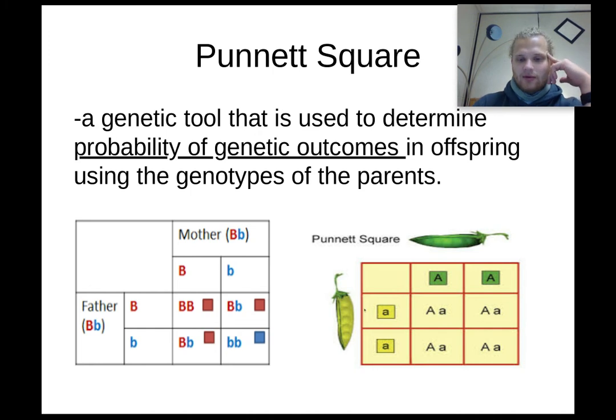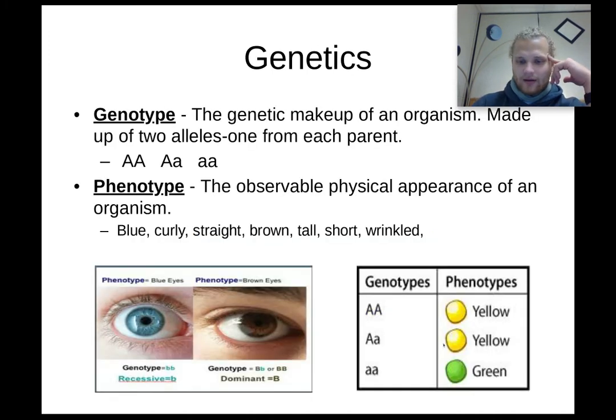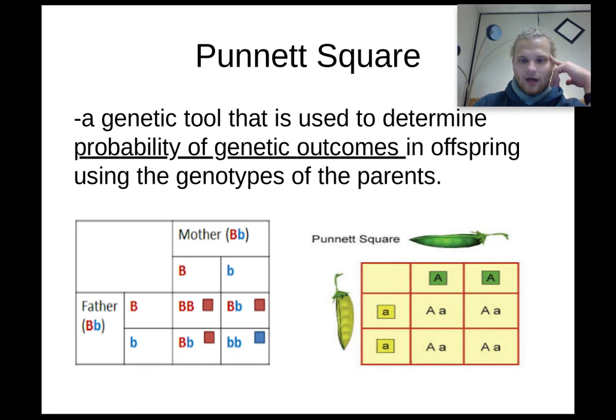In this example, if we go back, remember, you needed, never mind. I thought this yellow and green was going to match up with our last example. But basically, we have our green peas are represented by capital A's. Remember, capital A's are dominant, whereas our recessive peas are going to be yellow. They're both lowercase. So each parent has a 50-50 chance of giving one of their alleles.